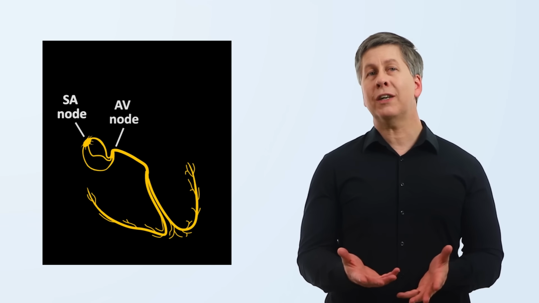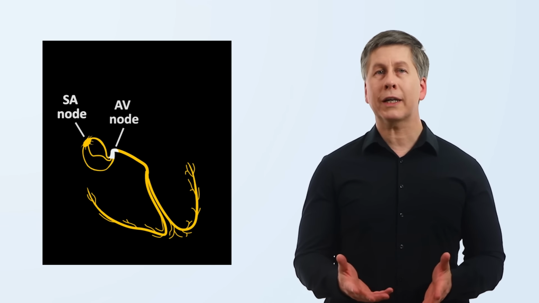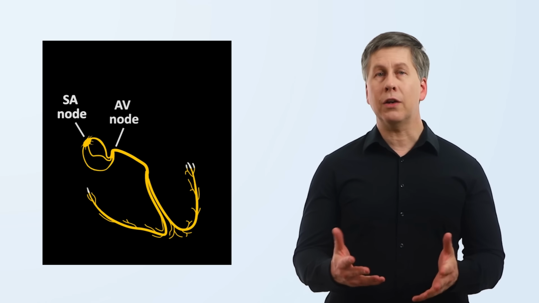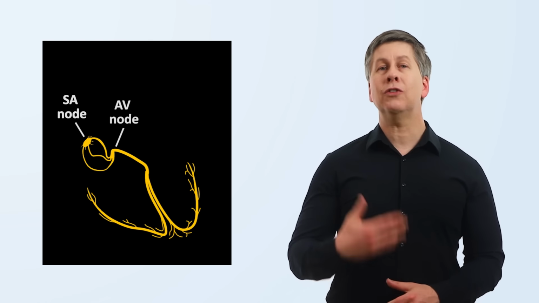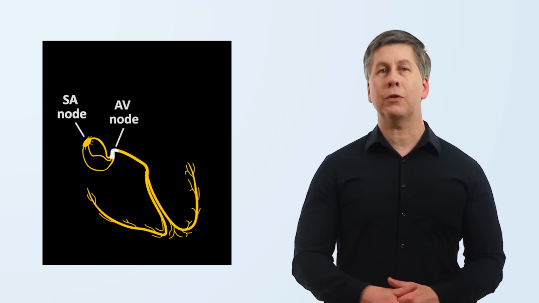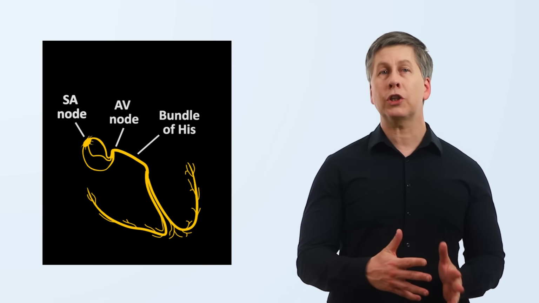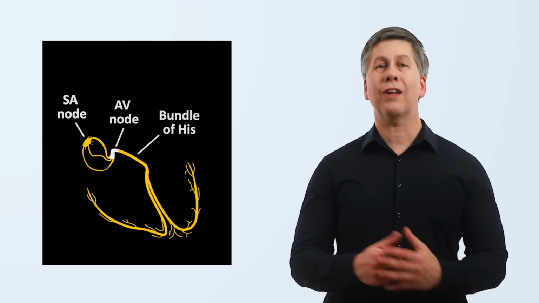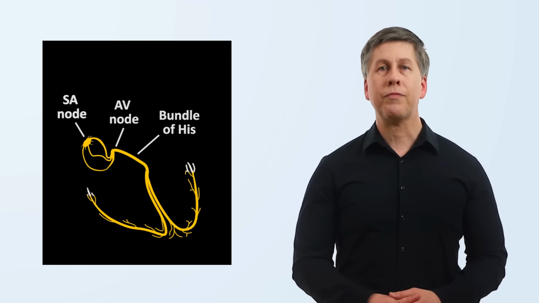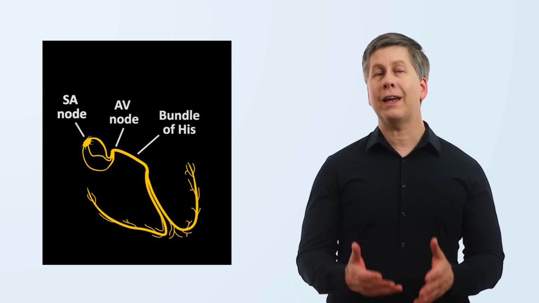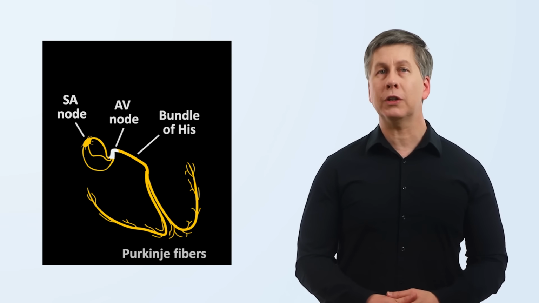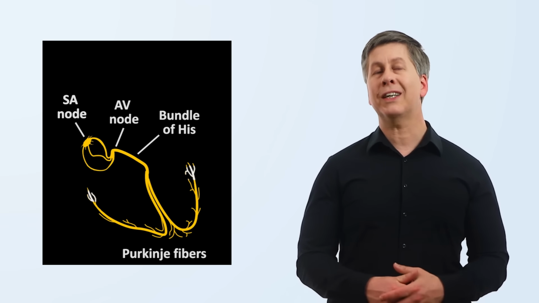After holding up the signal by 100 or so milliseconds, or a tenth of a second, the AV node lets it continue through a band of conducting fibers called the His bundle that divides into right and left bundle branches, which travel to the right and left ventricles respectively. The right and left bundles terminate in a network called the Purkinje fibers, which rapidly deliver the signal to the